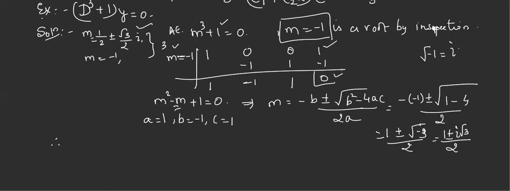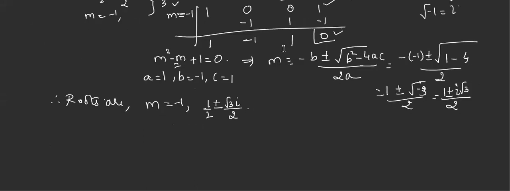So you'll get a reduced or depressed equation. You solve it according to the formula for a quadratic equation, and you'll get complex roots. Complex roots always appear in conjugate pairs. So you can just write down, therefore, the roots are. How many roots will you get if it is cubic? 3. So you can write in any order. I'll give m equal to minus 1, and next is 1 by 2 plus or minus root 3i by 2. Correct? So is minus 1 real or complex?